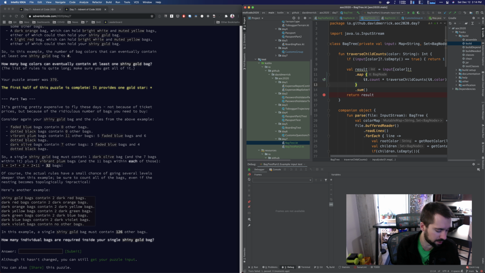I'll describe what I'm drawing out though. So we have shiny gold at the top. Shiny gold is the parent of 1 dark olive, and then 7